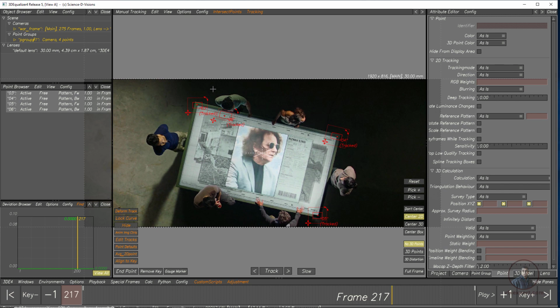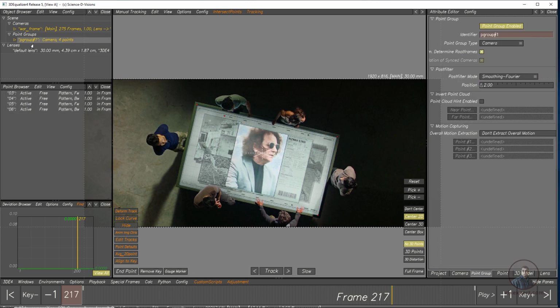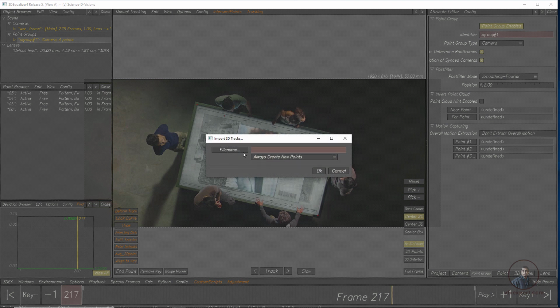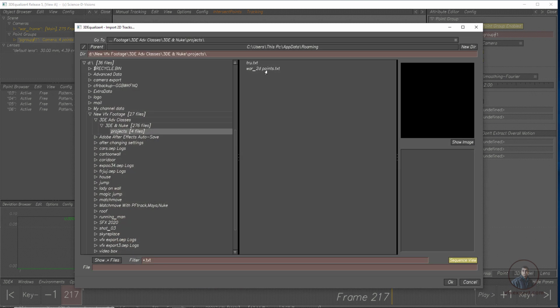For this shot I have already tracked some points, so I am going to import these points here, because if you track the entire shot it will take too much time and the video will be long. So for this, right click on our point group, then click on import 2D tracks, then select the file I have already tracked, and press OK.